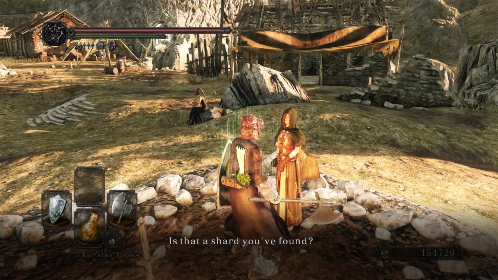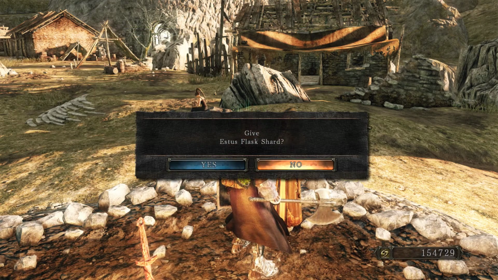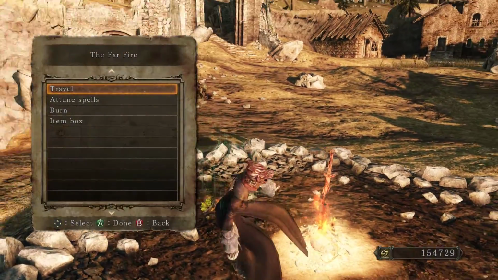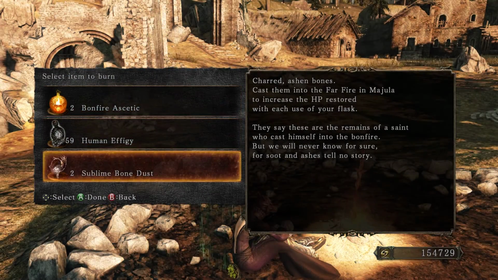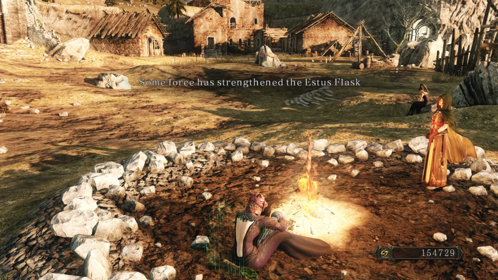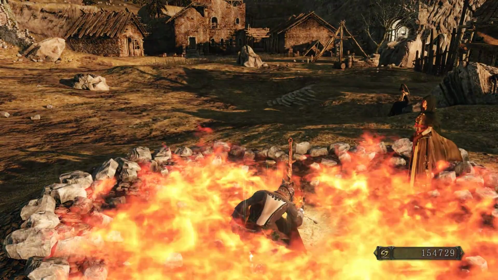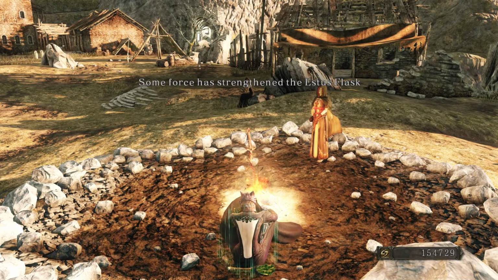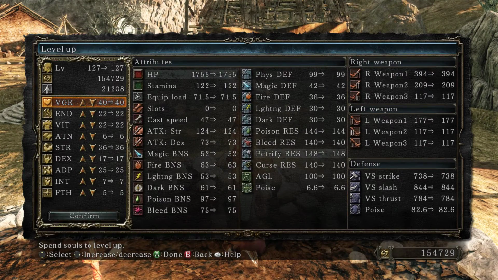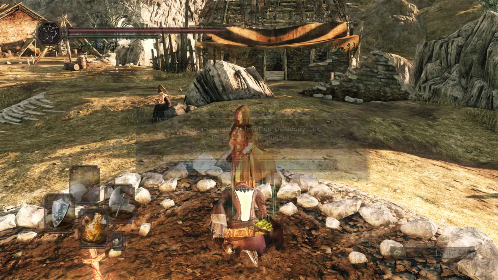Alright. Is that a shard you found? Here, let me see it. More charges, and I'm going to go ahead and burn both of these. Oop, no, not a bonfire ascetic. Whew, that was close. Bone dust. 1. And 2. Alright. There. Level up. More hit points, more of this. Should probably be really focusing on strength and adaptability at this point, but...